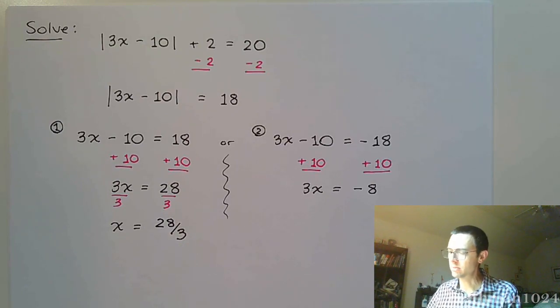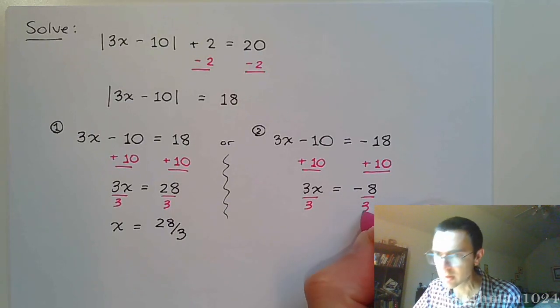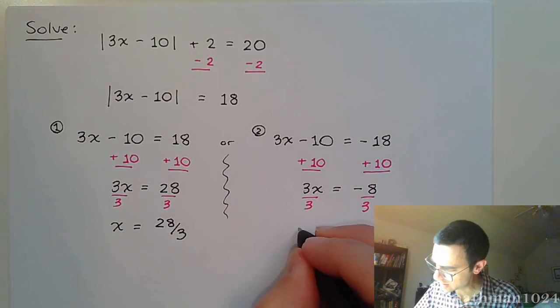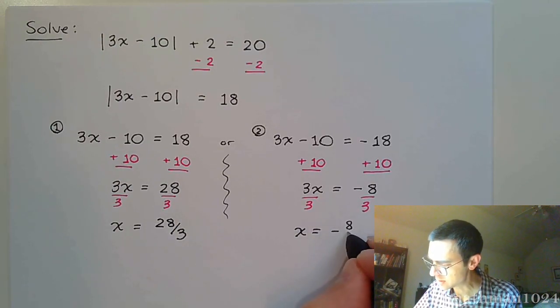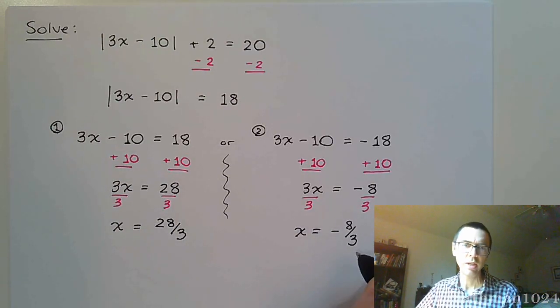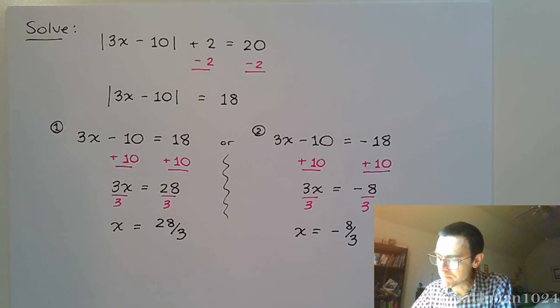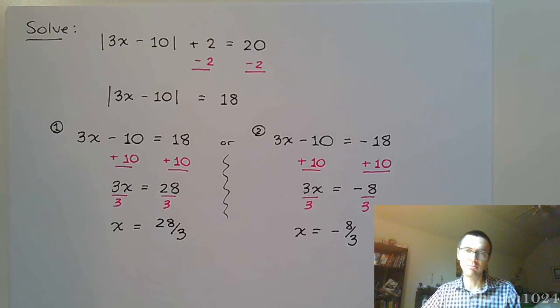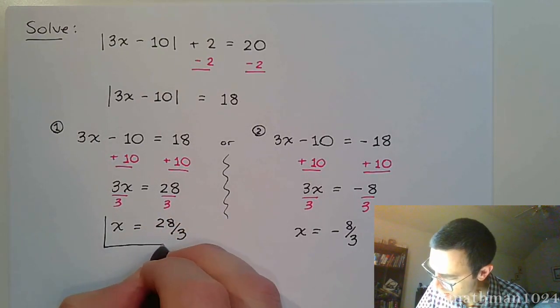Why do I feel like I've done something wrong? Something doesn't seem right. And divide both sides by 3. So x is equal to negative 8 thirds. Okay? And there we have it. Right? So you separate into your two equations,